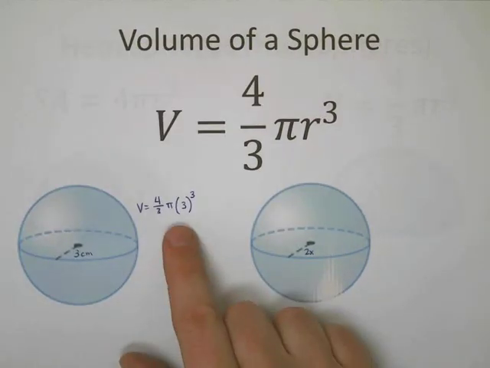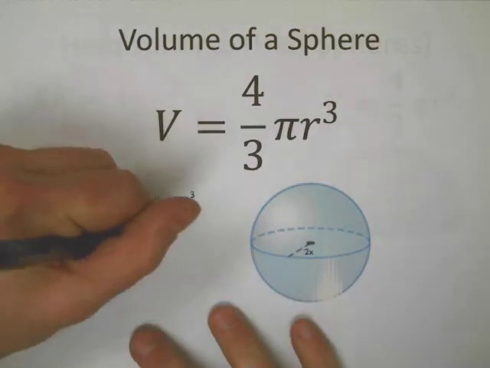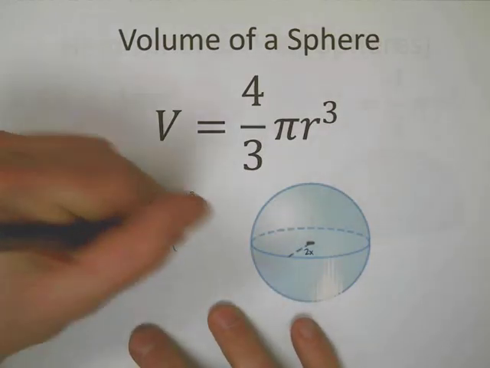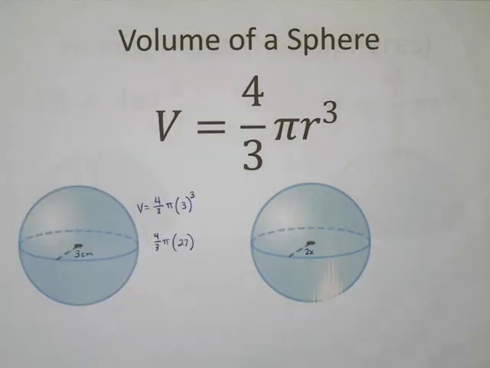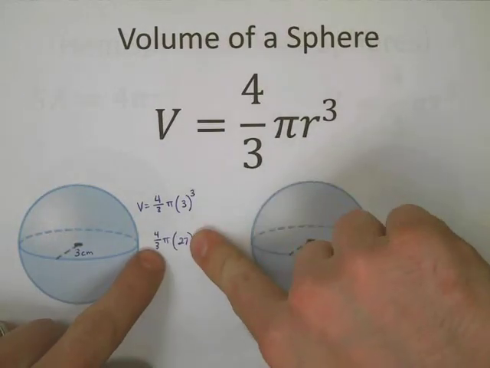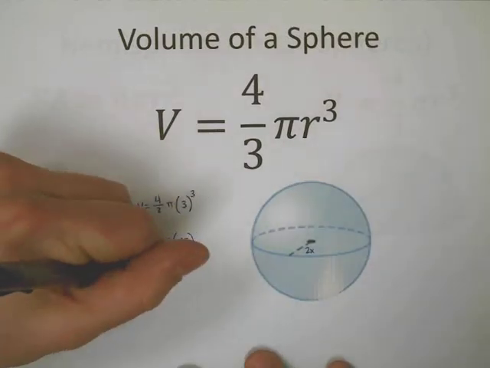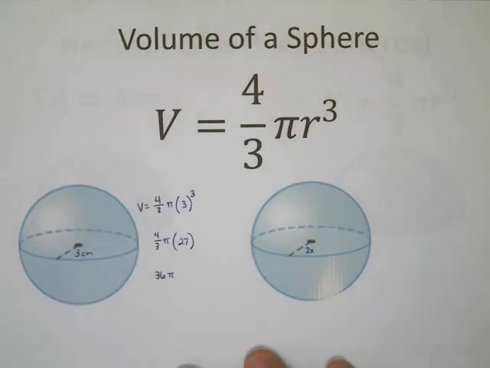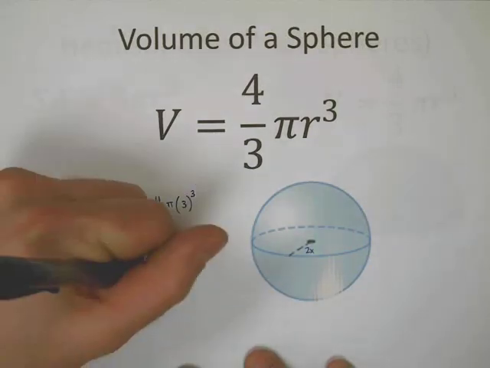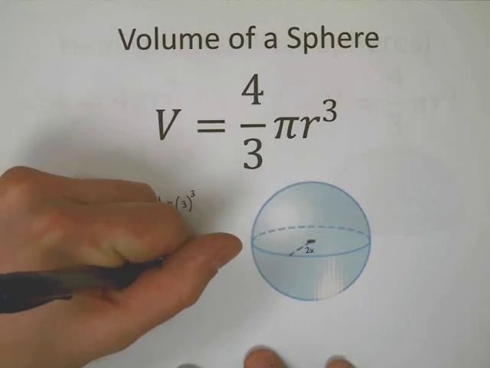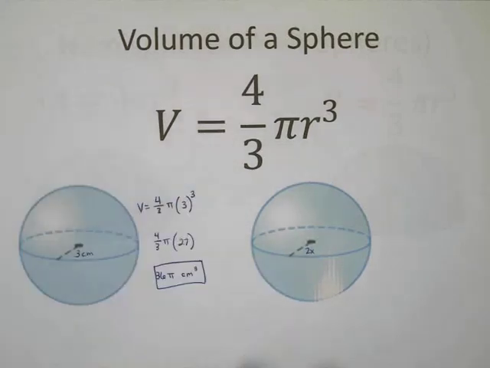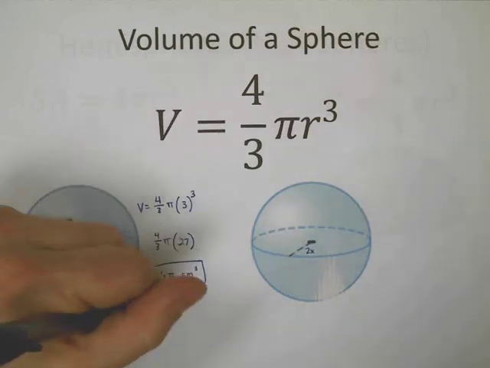This one is going to be 4/3 pi times 3 cubed. I'm going to do the cube first. So I have 4/3 pi times, and 3 to the 3rd power is 27. Now I need to take 4/3 times the 27 and combine those. 27 divided by 3 is 9, and 9 times 4 is 36. You can always use a calculator to figure that out. But it turns out the volume is 36 pi, and now we're talking cubic centimeters instead of square centimeters. If I multiply 36 by pi, once again,